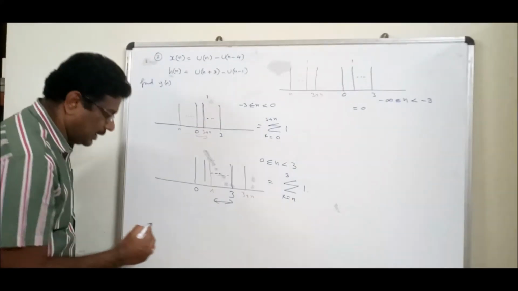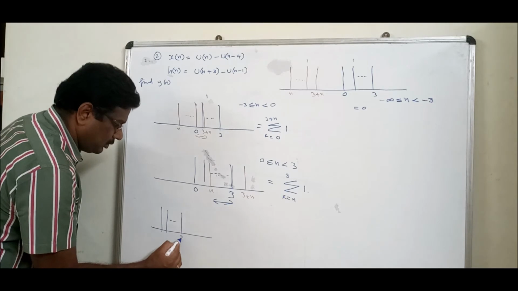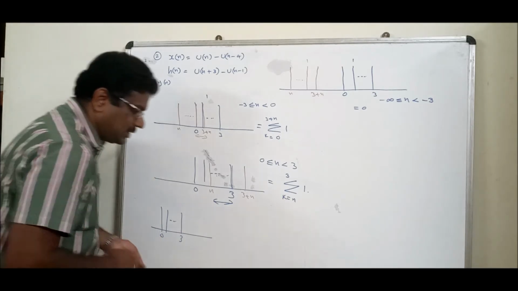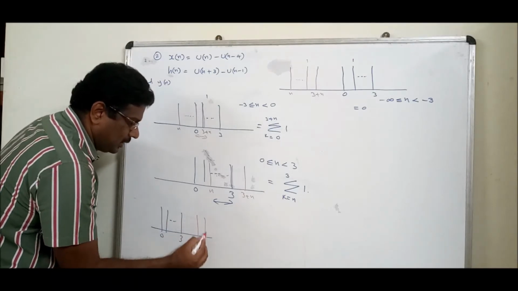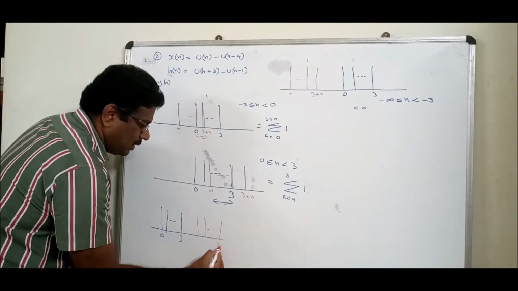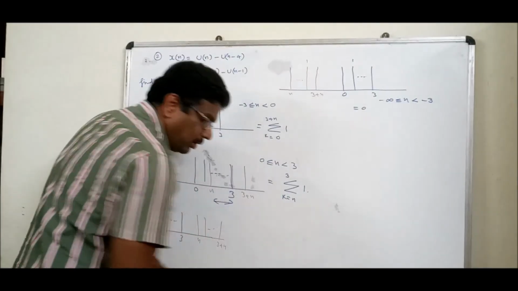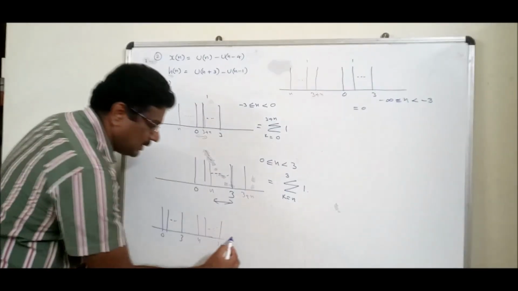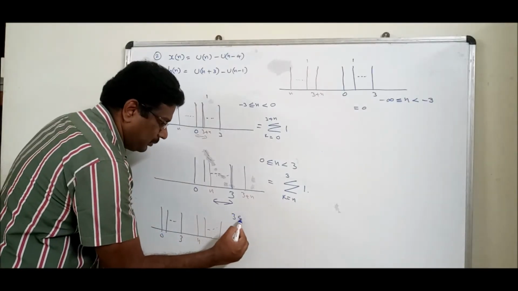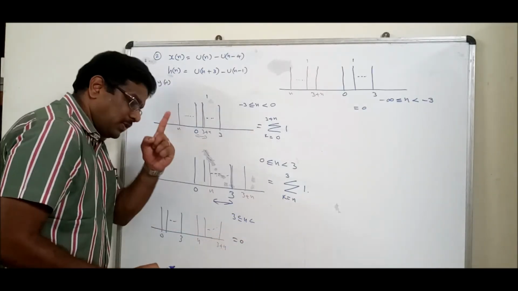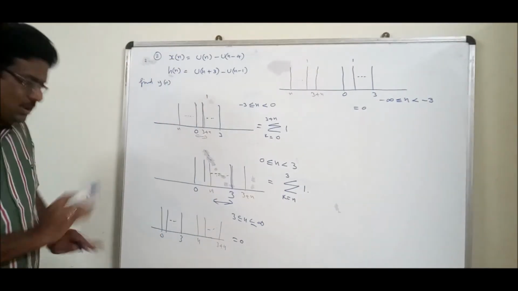Still one more sketch is there. Good. 3, 0. What about next? This n should cross 3. Am I right? Which signal is going out. 3 plus n. Is there any overlapping here? No. Answer is 0. Where to where? This starting point is 3, up to where? Infinity. Since it is infinity, I can put it. So this is the overall sketch.